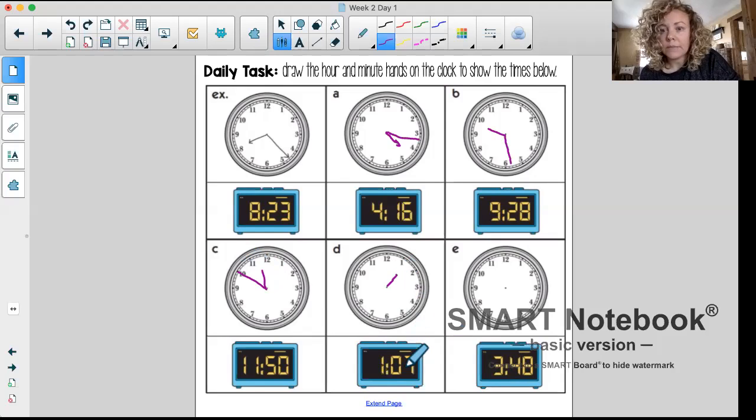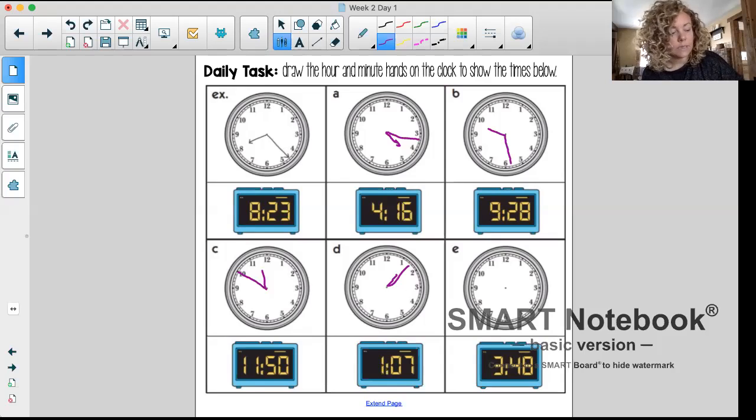And our minutes, 7 minutes after the hour. So pointing directly at the 1 would be 5 minutes. We need to go 2 minutes past that for 7. 2, about right there, here to there. All right, and then we have